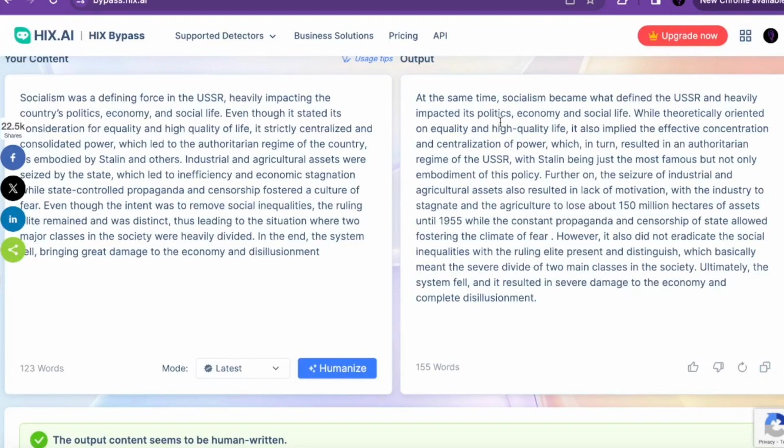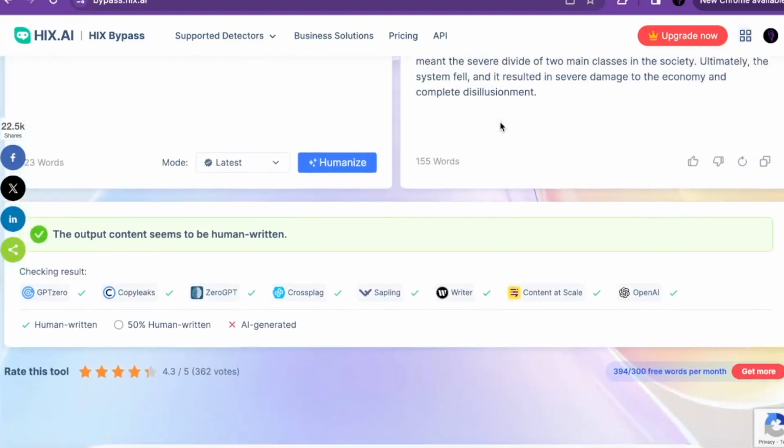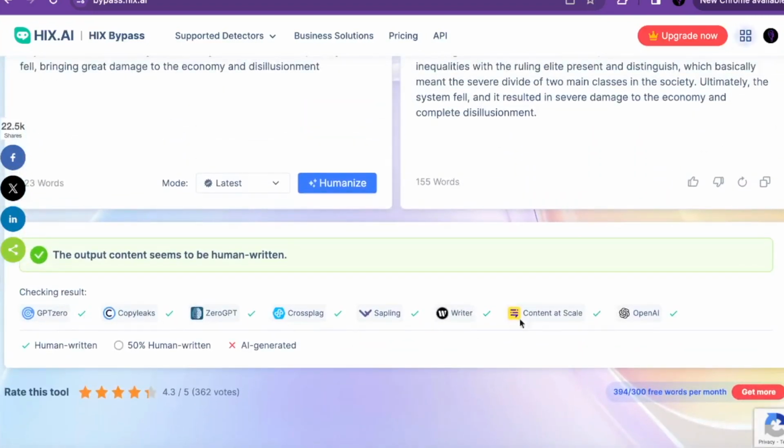But first, let's try to read it. At the same time, socialism became what defined the USSR and heavily impacted its politics, economy, and social life. While theoretically oriented on equality and high quality life, it also implied the effective concentration and centralization of power, which in turn resulted in an authoritarian regime of the USSR. So that still has the important facts that we require in our text, but all it has done now is to humanize the content. In this version, every single one of them